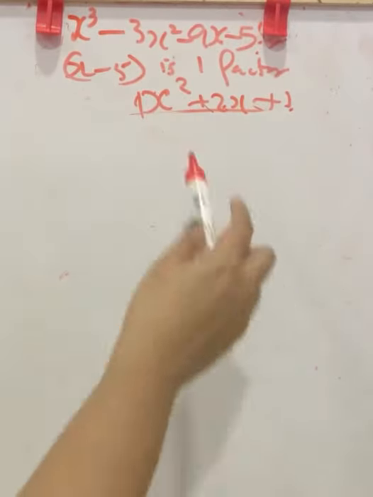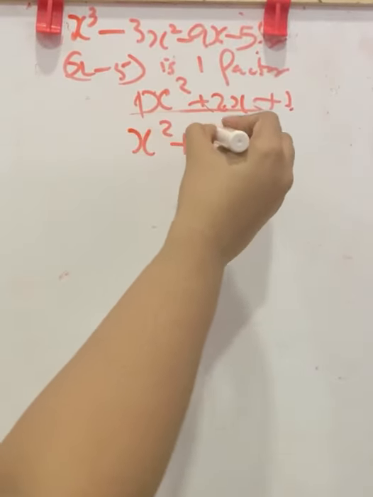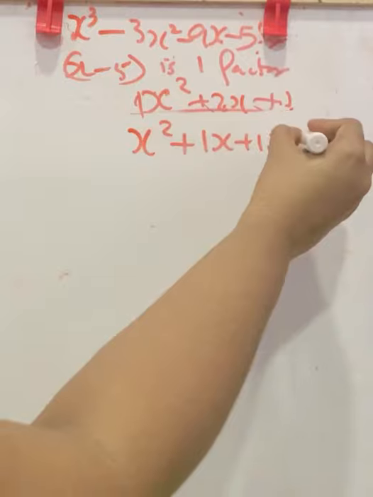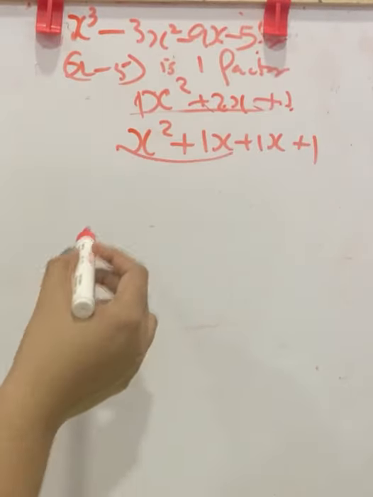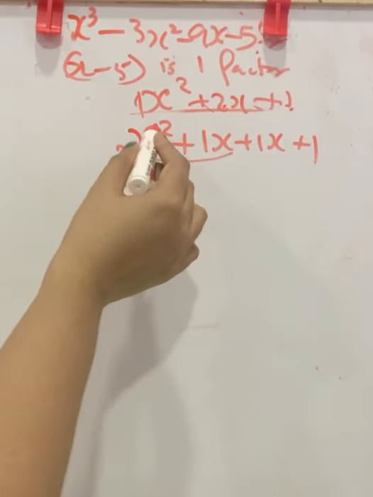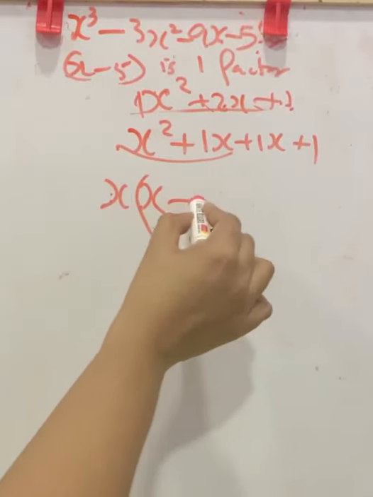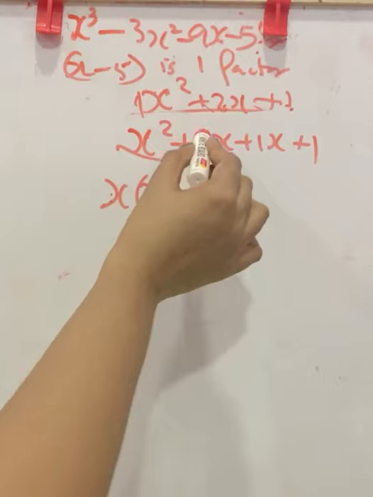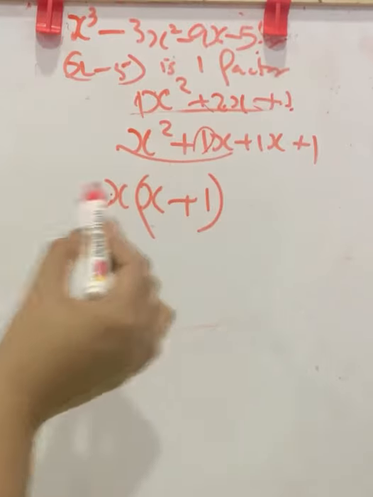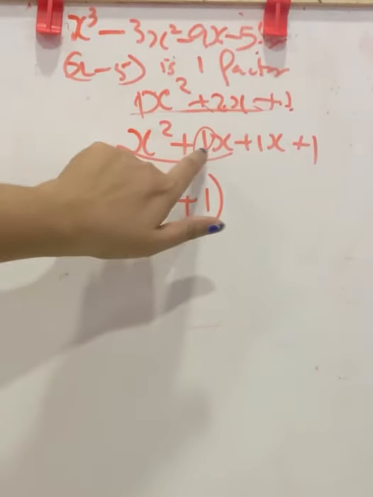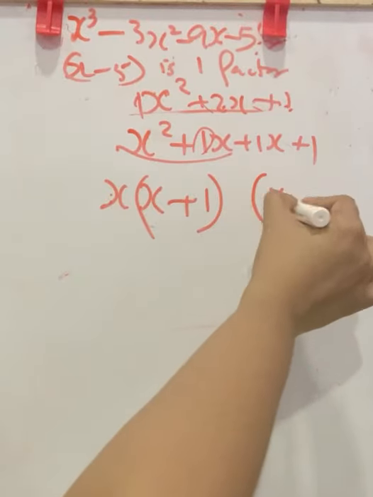So we can split x square plus 1x plus 1x, this plus 1. Now from these two, x is a factor. Here 1x is taken, so balance 1x, that is x into x is x square. Plus 1x, x is taken, balance will be 1. Close the bracket. X into 1, 1x. Now write the x plus 1 here.